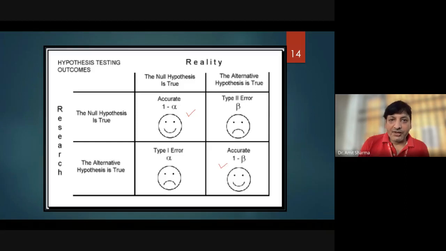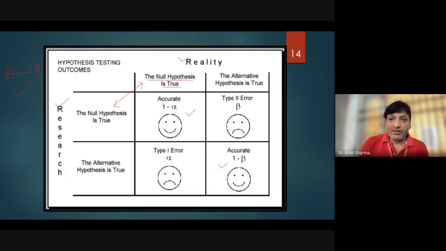What was the situation when the null hypothesis is true in reality, or while doing the research? In reality A is causing B, and you have also proven the same thing. That means you are falling under this category, and you are feeling happy that whatever I thought, I have found the same thing. But this time, you are expecting what? You are expecting a type 1 error along with that here.